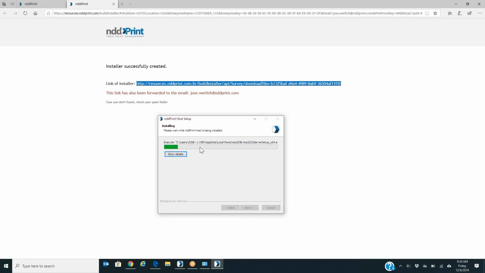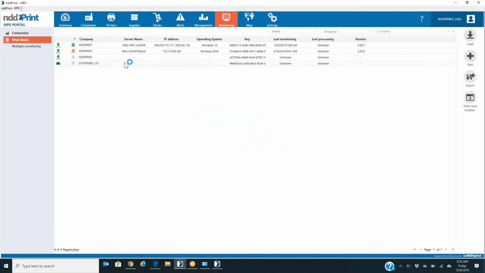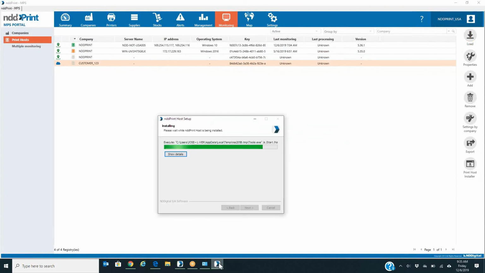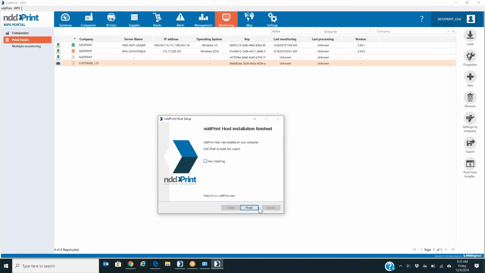Here, I just wanted to wait for the installation to be completed, and then I can show you what it looks like in the portal when this is installed. Yeah, you see that we still don't see any information here. We just need to wait for the installation process to be completed. All right, now that it's done,